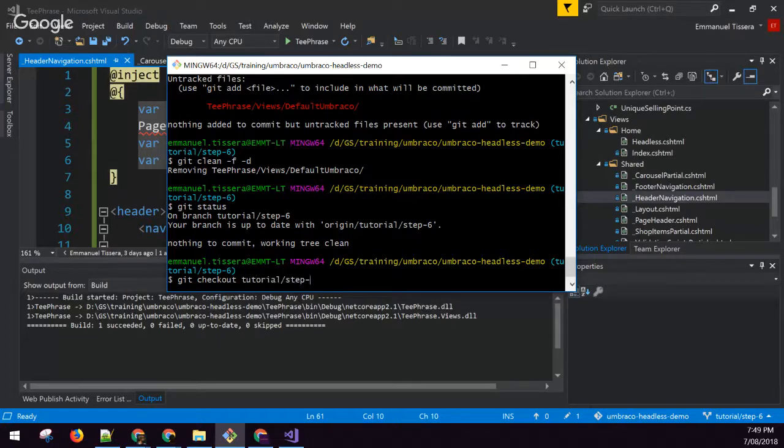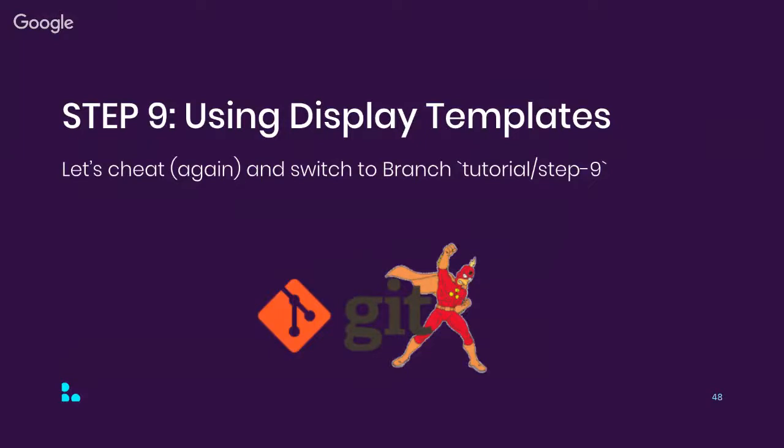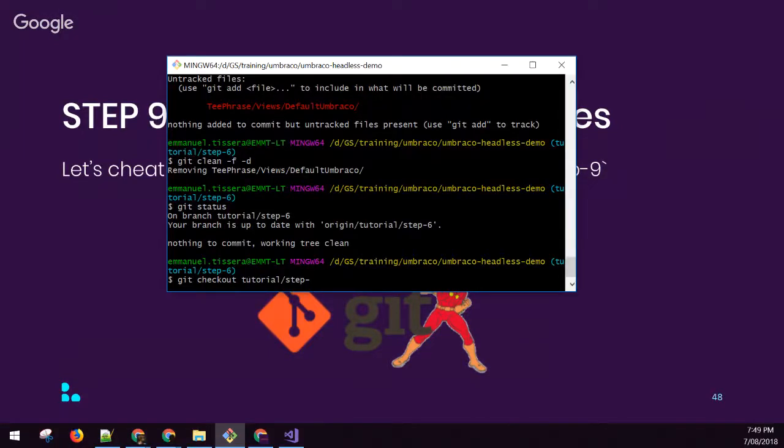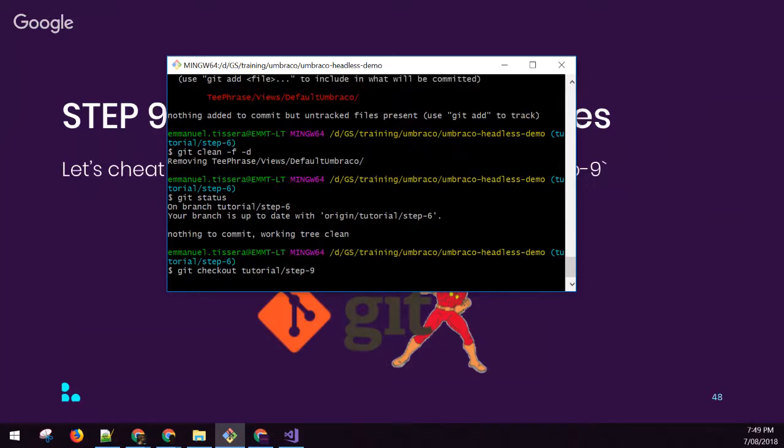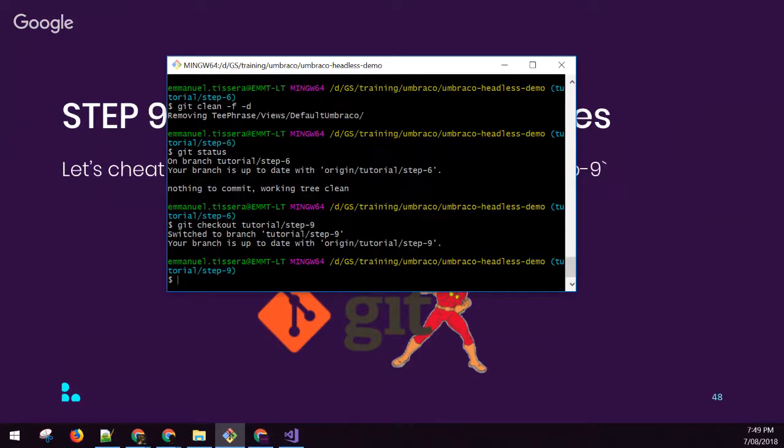Tutorial step, what was it? Step 9. Cool. If everybody has switched to that step 9,